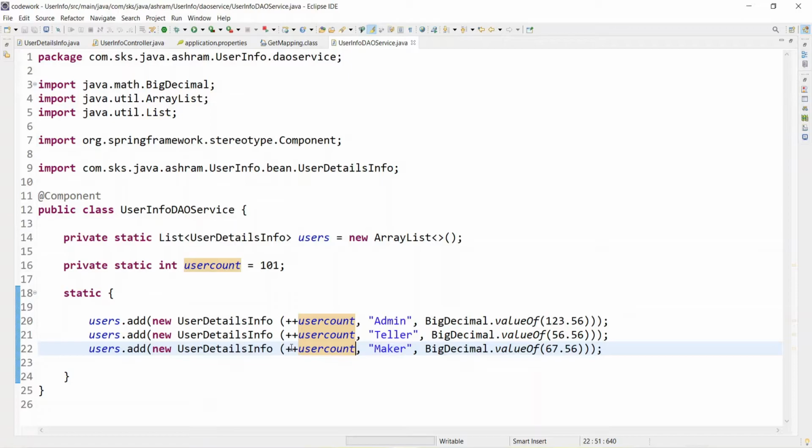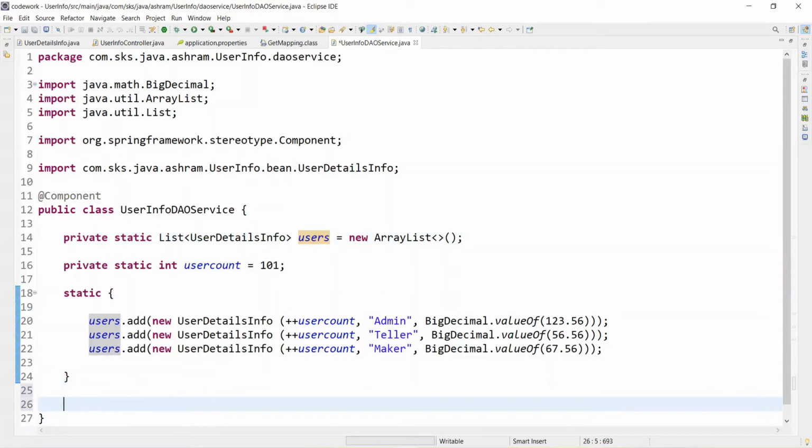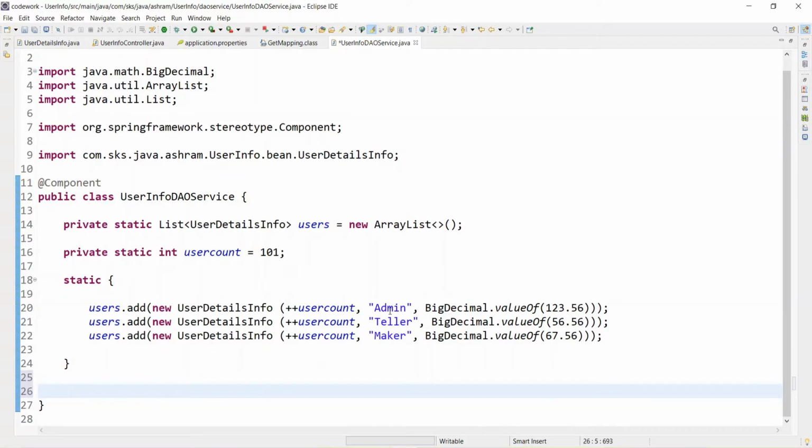And we will have a list of three users over here. So now we have a list of users, and thereafter let's create some methods.